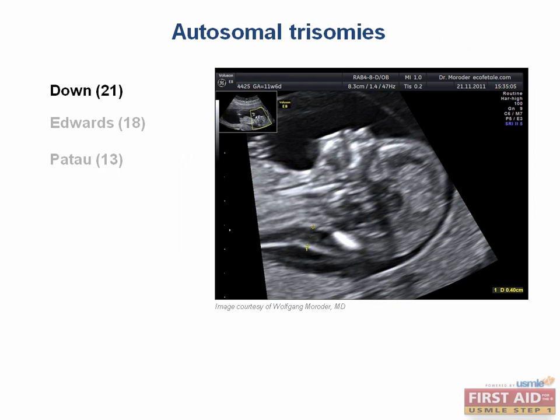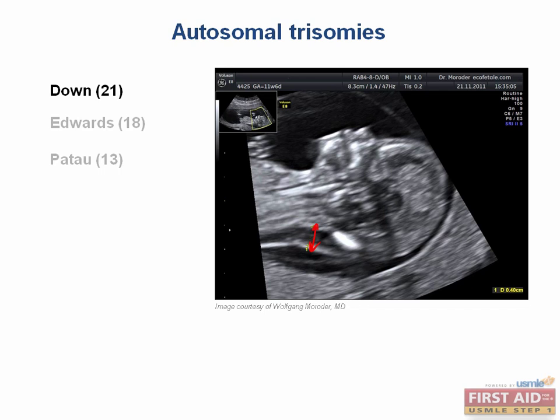Down syndrome can be diagnosed during pregnancy using ultrasound in the first trimester, on which a fetus with Down will have what they call increased nuchal translucency. And what this means is how wide this translucent or black area is here at the back of the neck. So that's done during the first trimester, and in the second trimester you can diagnose Down syndrome using what's called